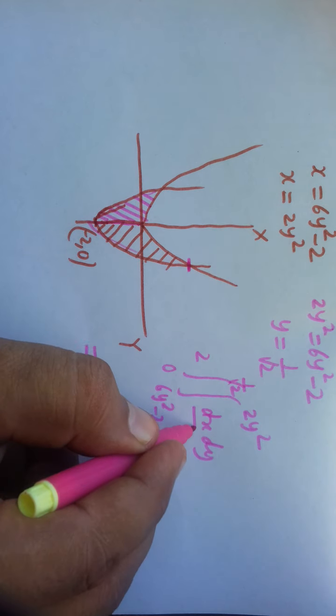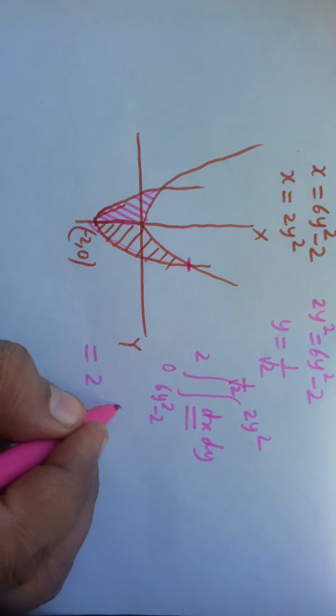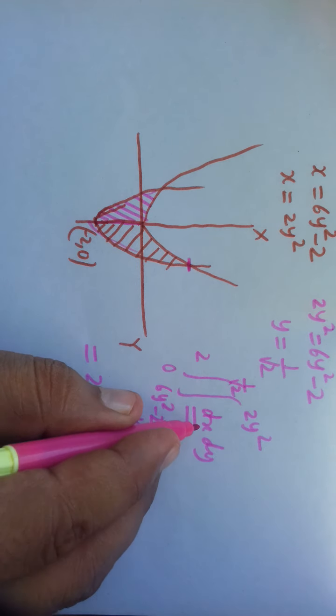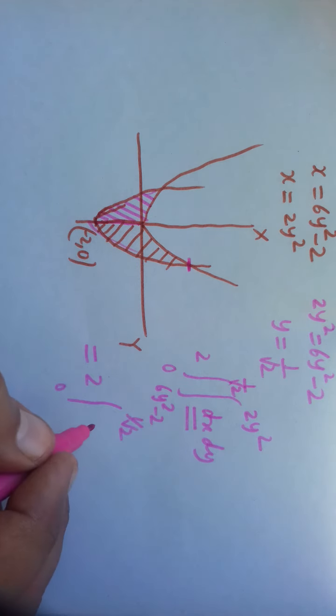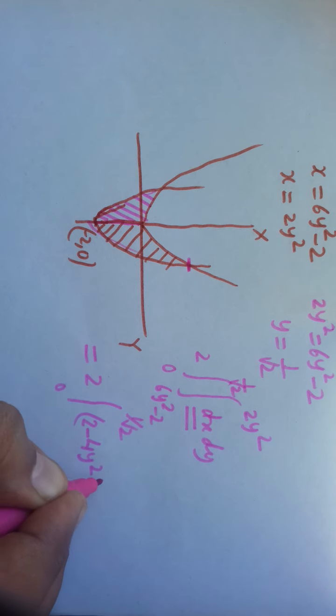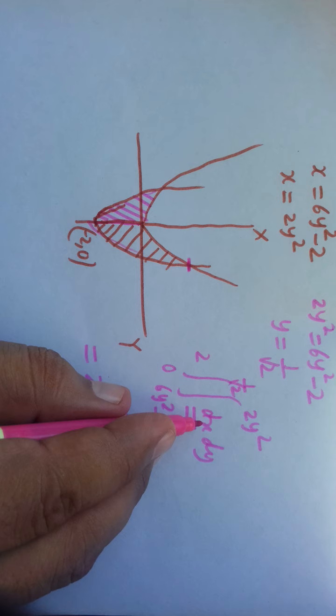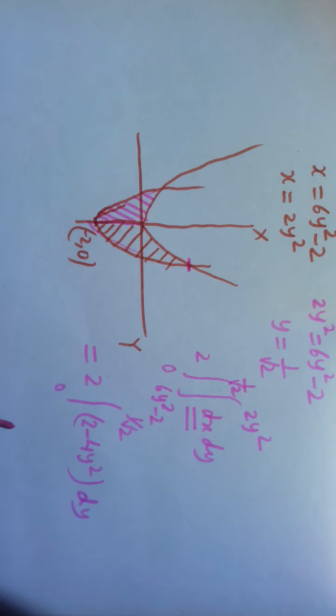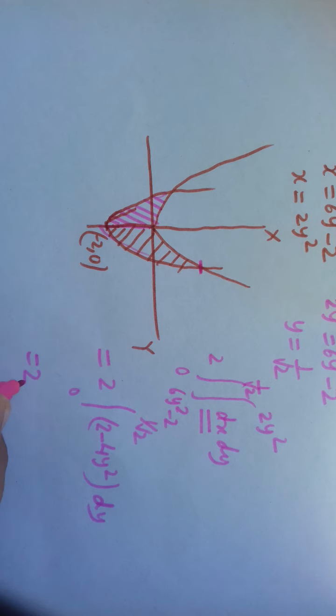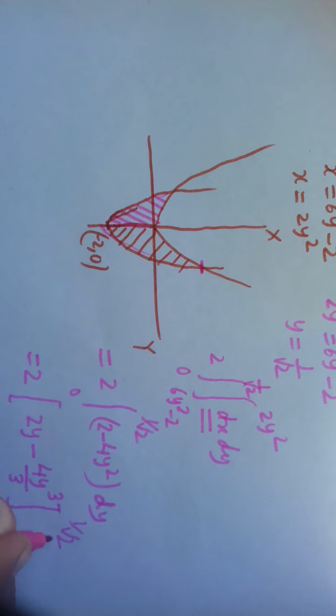Now integrating with respect to x first, this gives us, from 0 to 1 by root 2, integration of dx is x, and putting the limits will give us 2 minus 4y square. We have integrated with respect to x, so it remains dy. Now integrating with respect to y gives us 2y minus 4y cube by 3 from 0 to 1 by root 2,